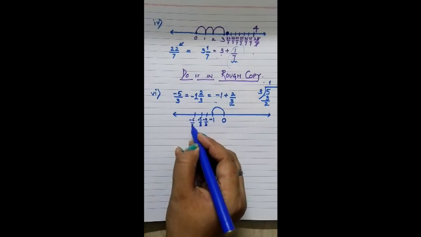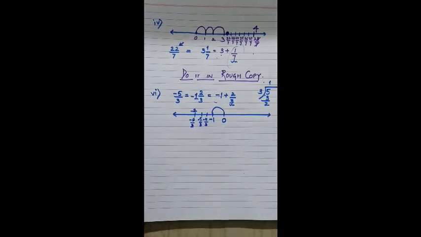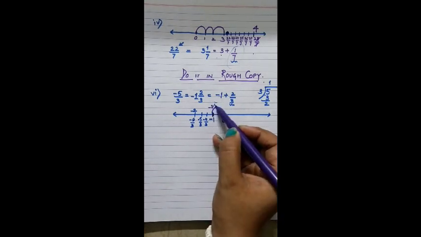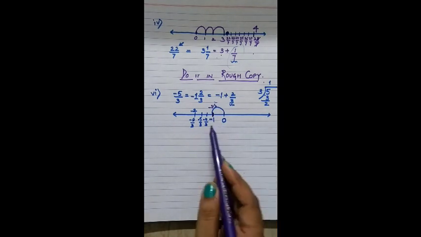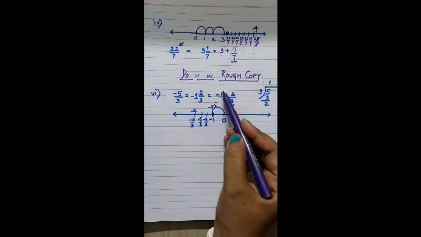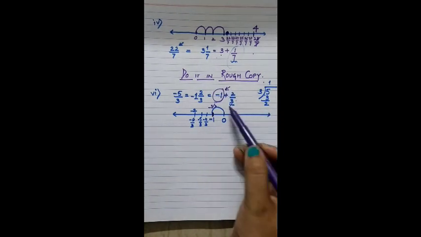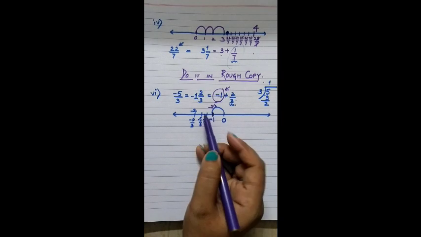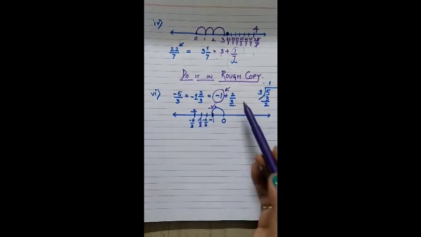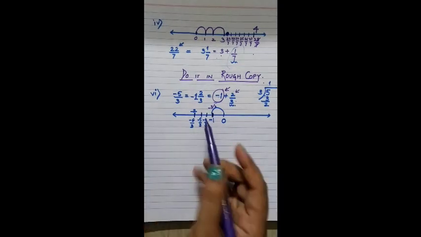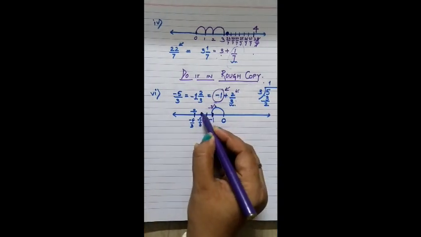Then minus 6 by 3, which will give you minus 2. Why did I consider it as minus 4 by 3? Because we have started after minus 1. Minus 1 means minus 3 by 3, right? That is minus 1. So after minus 1 we had minus 1 whole, and after minus 1 whole we had 2 by 3. So checking the denominator, we have divided into 3 equal divisions, and because the numerator is 2, the second part we are taking as minus 5 by 3.